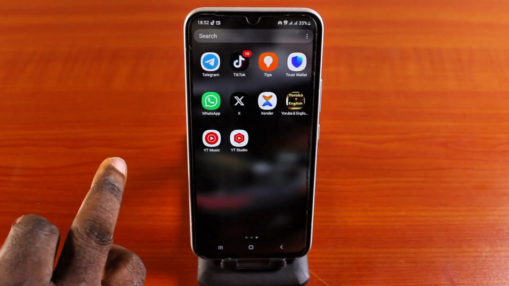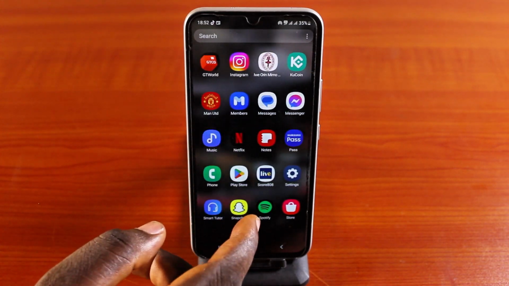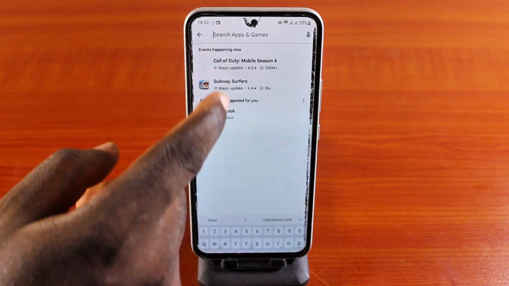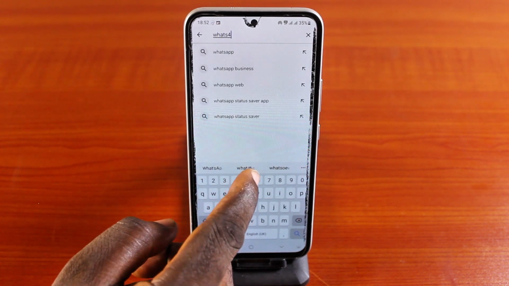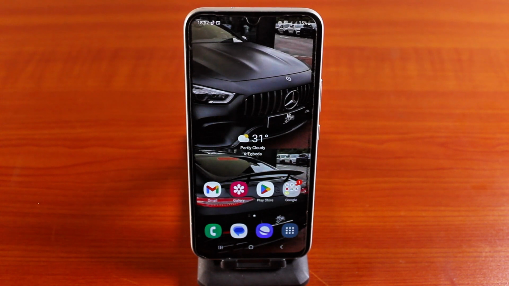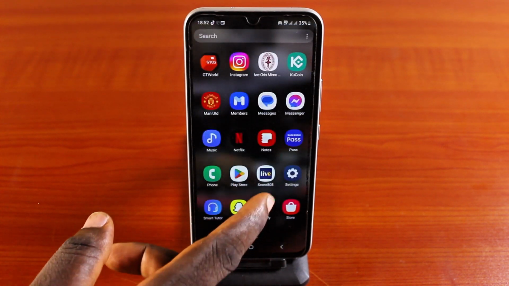So the first thing you want to do is make sure you update your WhatsApp to the latest WhatsApp application. With this, you'll be able to lock your WhatsApp profile picture and stop others from downloading your WhatsApp pictures. Now, to change your WhatsApp profile picture, all you need to do is go to your WhatsApp app